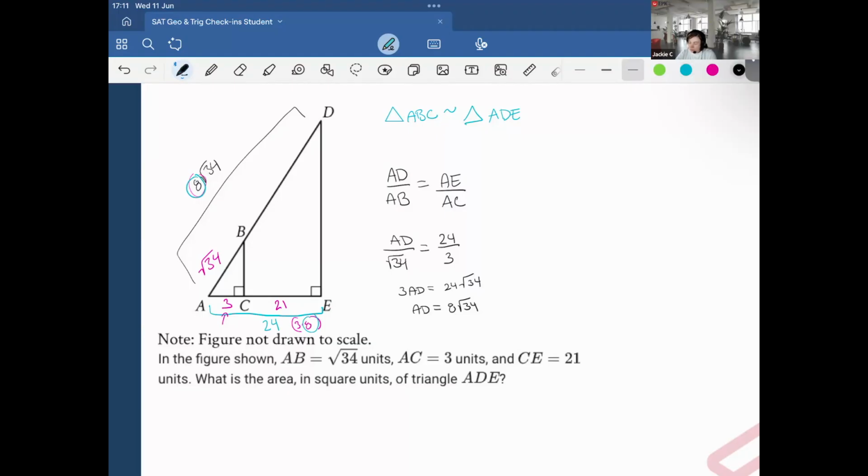I would want to find what the length of BC is, and then I would multiply that by 8, or I can just find it directly. A squared plus B squared equals C squared. So I want to find, we'll say DE squared plus its base, which we established as 24 squared, is equal to 8 root 34 squared. So DE squared plus 24 squared